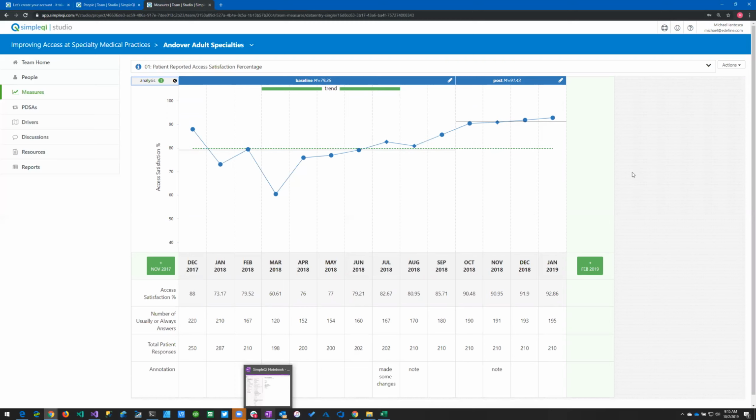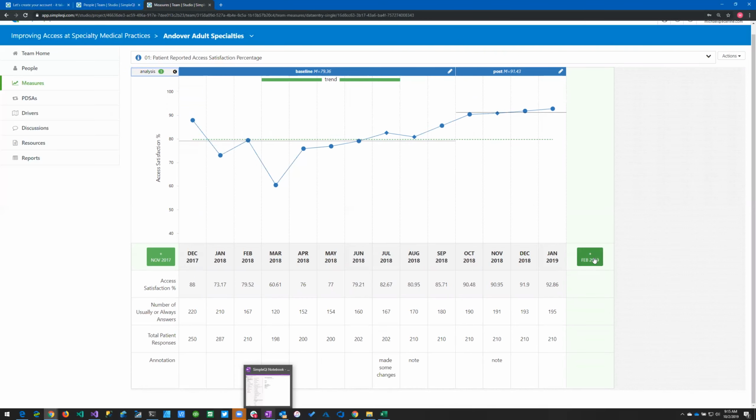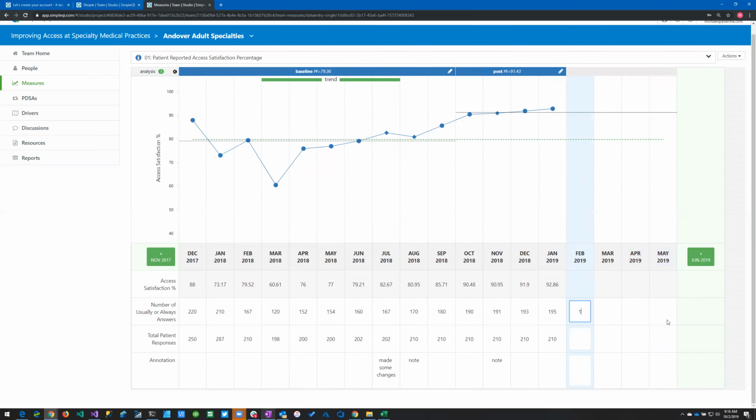Okay. So if I wanted to add a new data point, I would just click either the button on the left, which will go in the past, or the button in the future, which will obviously go to the next time period. You can add a whole bunch of time periods if you want. So if you know that you have 4 data points you want to enter, you can go ahead and do that. And then I can enter this. And you can see as I'm doing that, it automatically just adds the points to the chart